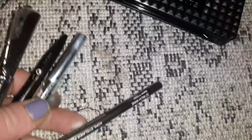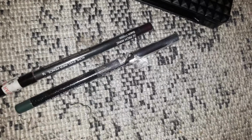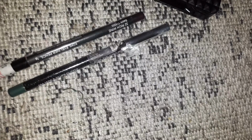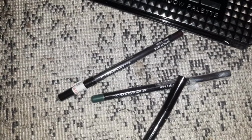From BYS, I just got their Rich Wine Colour 32 pencil liner and their Jade with silver glitter, just because it's a fun way to put some colour in. And then I needed a new black liner, so Cosmetic Capital again, $3.95 instead of $25. I got the Maybelline Curvitude mascara, which is a pen or felt tip one with a weird curve that's supposed to make it easier to hold. I also got, as part of the L'Oreal Lash Paradise set, which is once again why it was such a bargain,